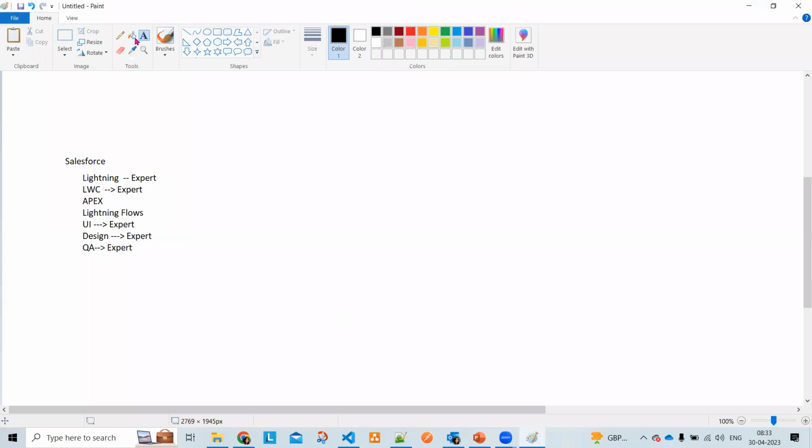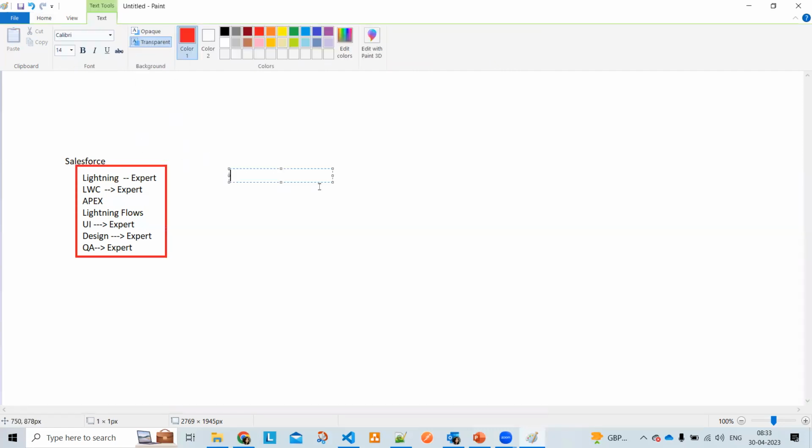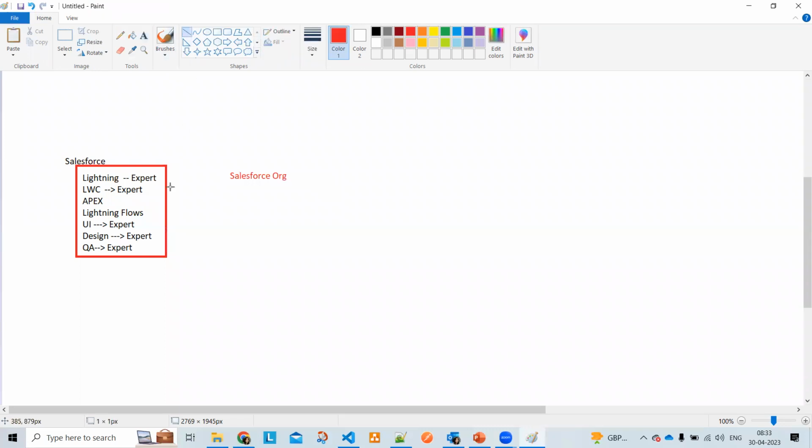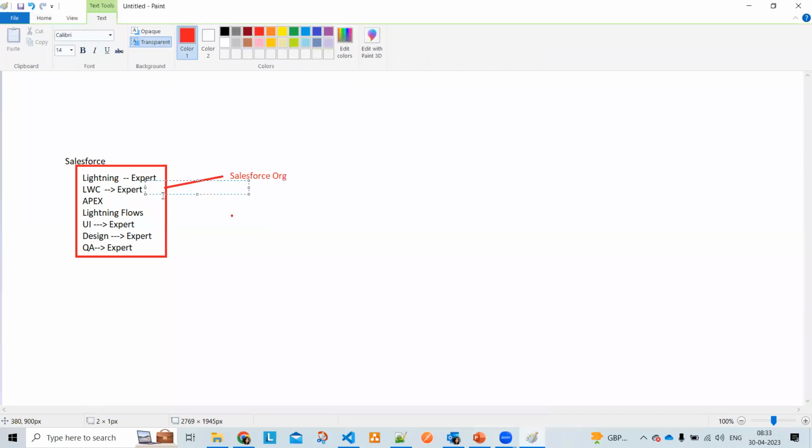But these teams should have Salesforce access, right? That means Salesforce org access should be there. Then only they can start working on it. So if I have LWC experts, say there are 3 members who are experts,